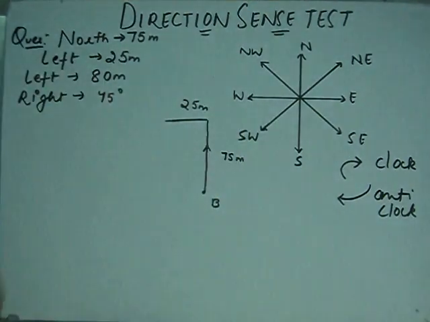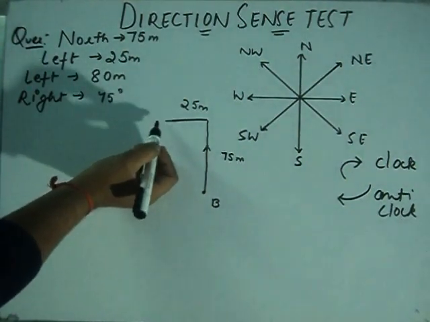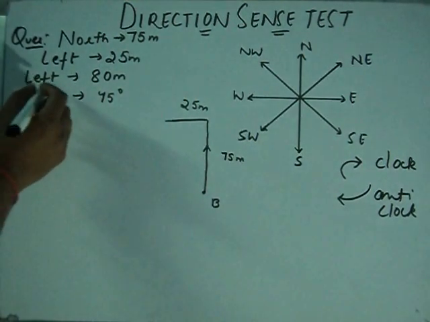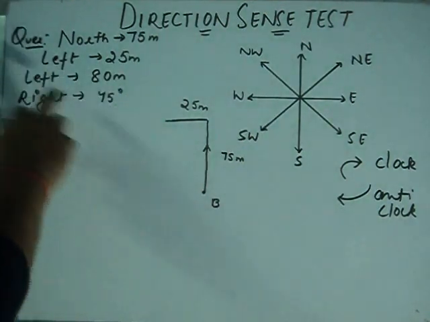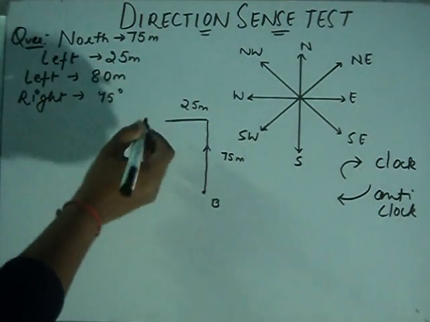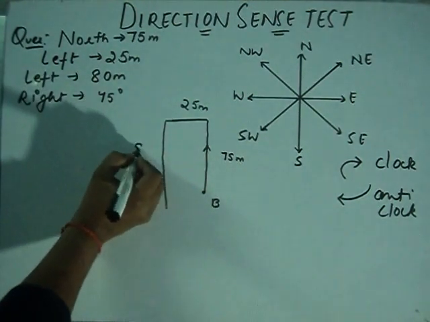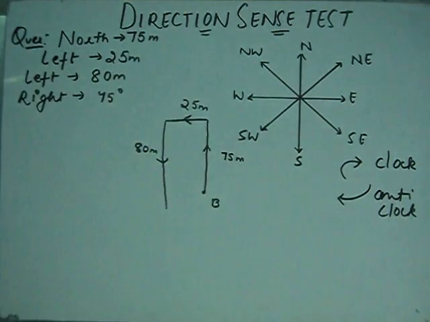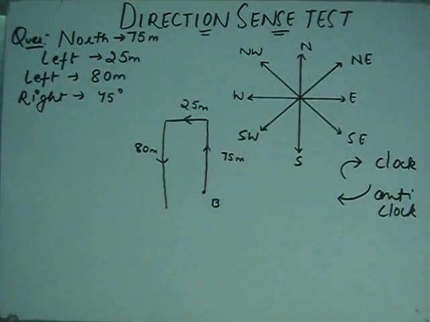25 meter. Okay, and when I'm moving in this direction, my left would be in this and right would be in this. And after that, she travels 80 meters. After taking left, she traveled 80 meters. So like I'm going to cross B point like this, and my distance is 80 meter. My arrow is like this. After that, from this point, she is moving 45 degree right.